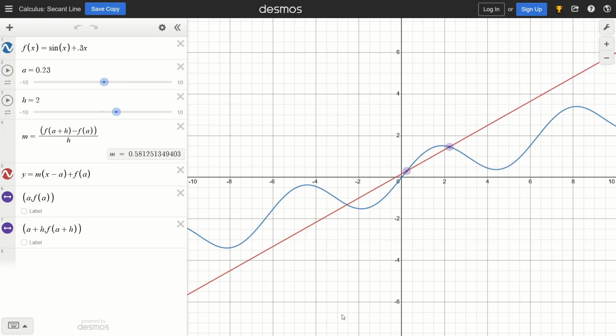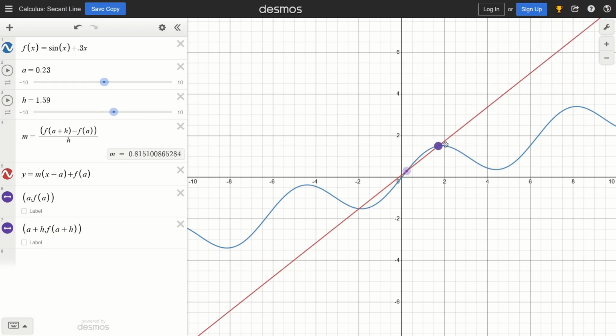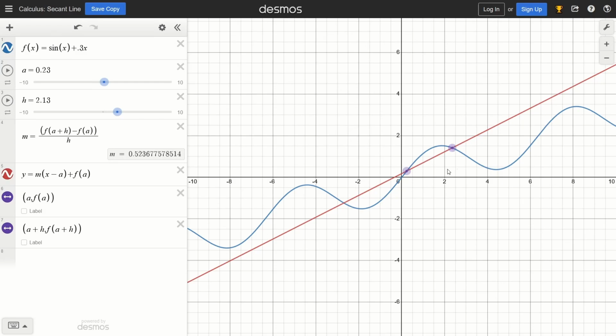Now that we understand the gradient of a straight line, we're ready to extend this concept to curves in general. Just as we could calculate the gradient of the straight line in the previous example, we can also calculate the gradient between any 2 points on a curve. So these 2 purple points here are the points through which we draw a straight line, and then we calculate the gradient of this line, because right now we don't really know how to calculate the gradient of a curve. So we are taking these 2 points and forming a line between them so that we can calculate the gradient of the line, and that is going to be an approximation of what the gradient of the curve might look